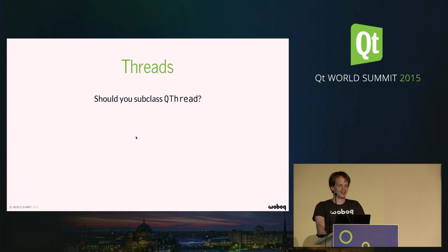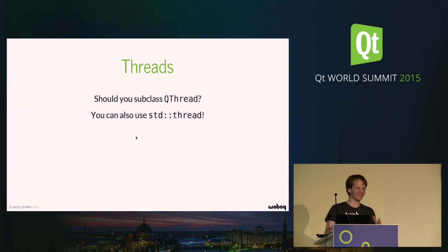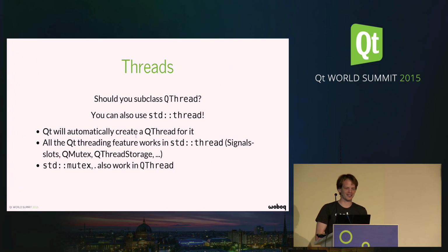Threads. Should you subclass QThread or not? A question that everybody asks, and I'm not going to answer this question in this talk, but I'm just going to offer another solution. You can also use std::thread. If you use std::thread, all the features that you're used to with Qt, like signals and slots, QMutex, QThread storage, anything will work with std::thread just as it works with a QThread, because Qt will automatically create a QThread